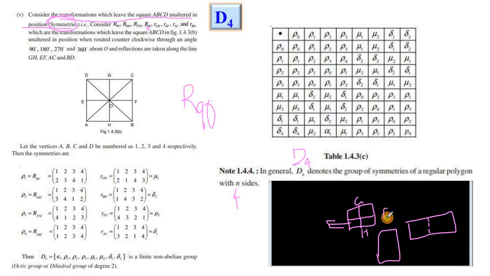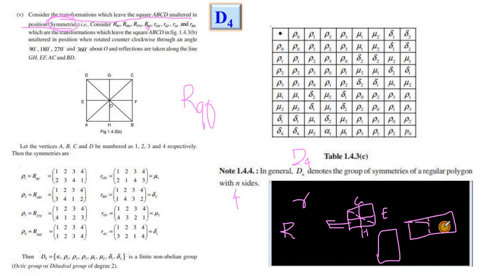Reflection is denoted with a small r, and rotation is denoted with a capital R. So R90, 180, 270, 360, and reflections about GH, EF, and AC. So when you consider along the diagonal, if you keep a mirror, then also,